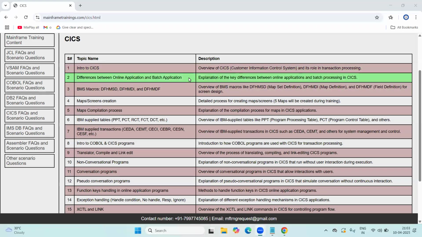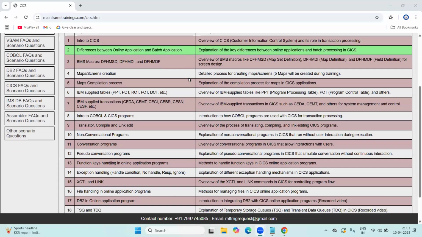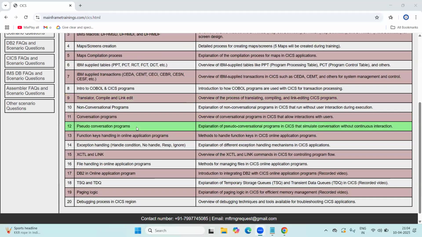Right, team. In this CICS module training, we are going to discuss all the topics: macros, maps creation, compilation process, PPT, and these tables. Then transactions and how to write a COBOL CICS program, how to compile it, how to execute it, what is a non-conversational program,